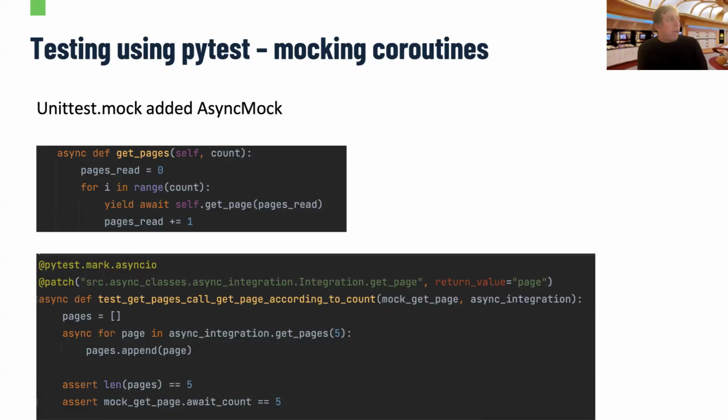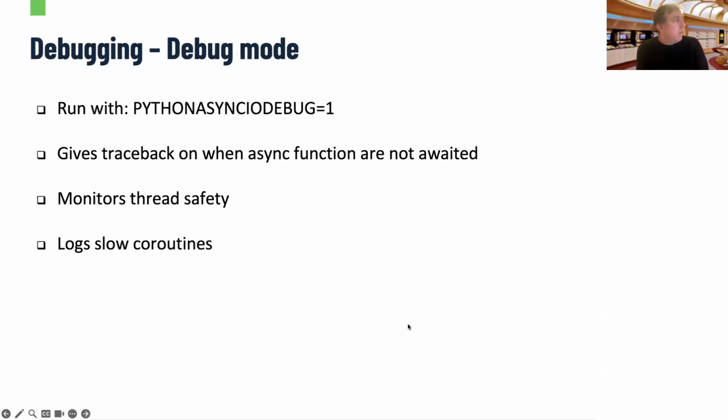I think that today the default patch returns either a MagicMock or an AsyncMock according to the type of function that it gets. So if it is a coroutine, it would create an AsyncMock, and if not, it'd be a MagicMock. Okay, according to what is needed.